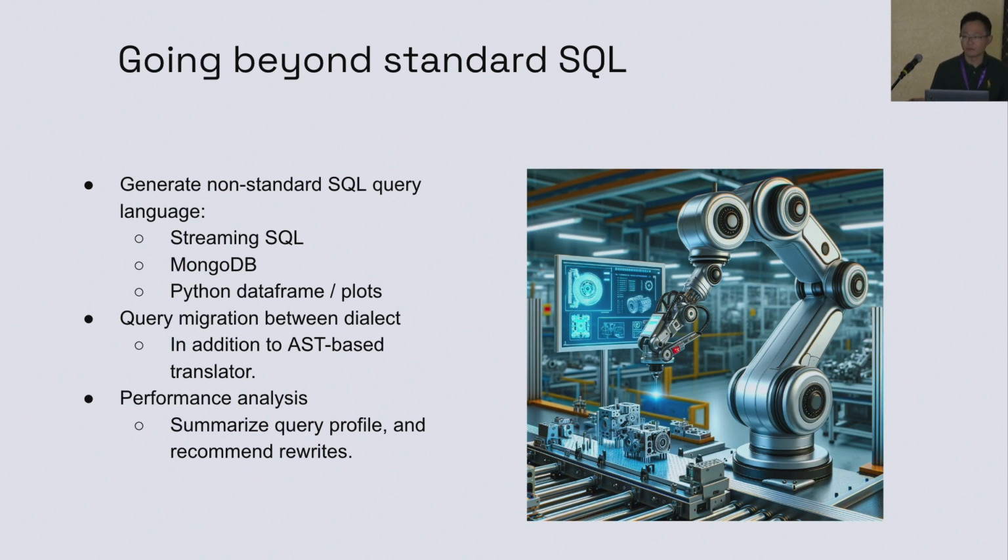The other part which is interesting is using text-to-SQL to do query migration. This is compared to the traditional AST-based, compiler-based migration. The large language model can be really powerful to handle any semantic change between the 2 databases. For example, if the table name or schema name have some slight change or the structure has some minor change, the large language model-based one can handle this pretty well, but the AST couldn't handle this for most cases.